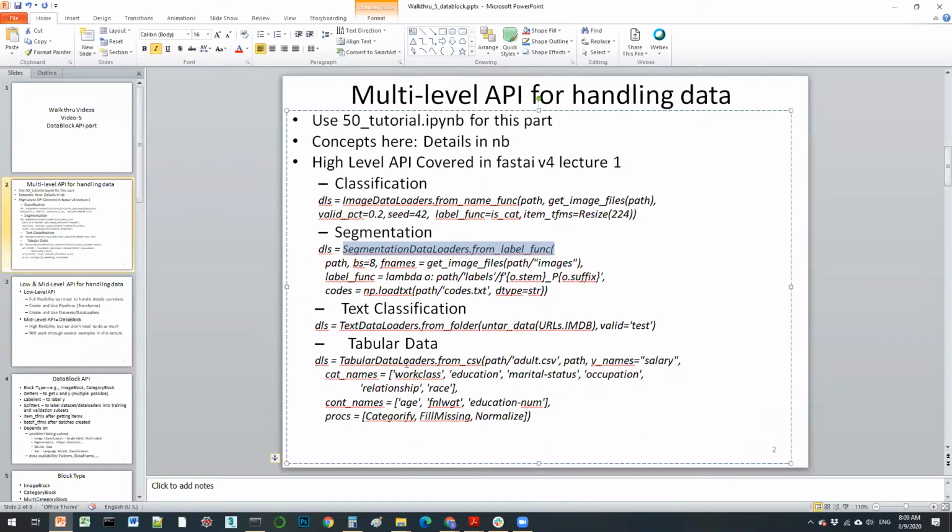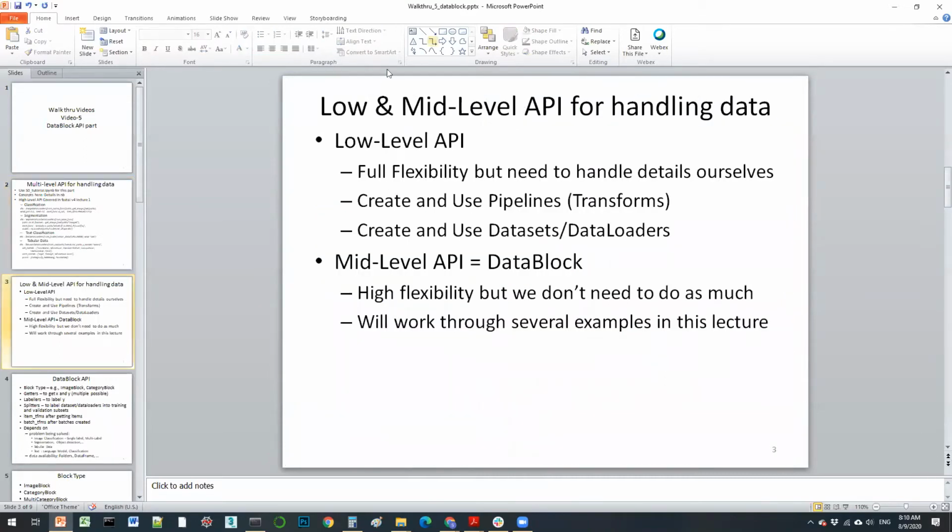Similarly, for text classification and for tabular data. These are just illustrative, and in fact, if you go through the introductory notebooks, you'll find all of these used there. And then you see that in FastAI 2, there's also the low and especially the mid-level API, which